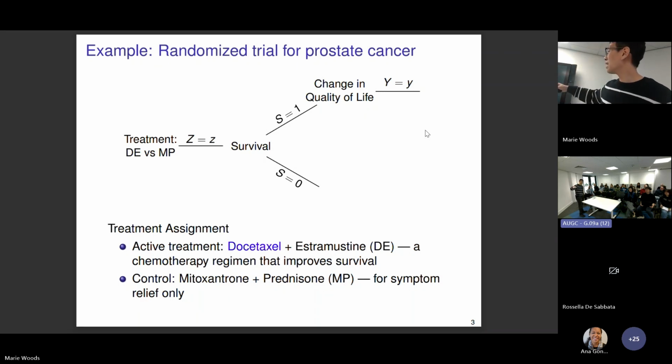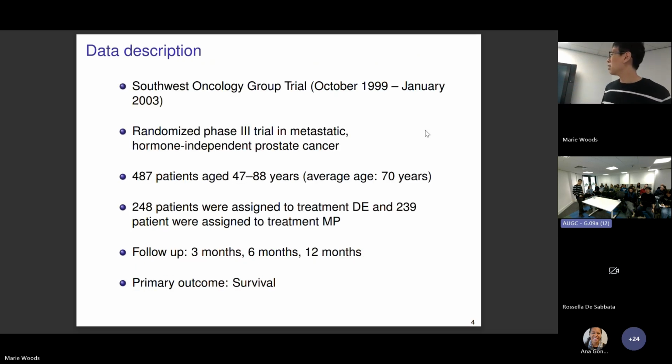So we have these two treatment assignments, and this is a randomized controlled trial. We're interested in knowing the treatment effect on quality of life for these cancer patients. Of course, we only talk about quality of life for people who are still alive. If someone died, we don't talk about their quality of life. So here, Y, our outcome of interest, is only well defined if they survive, so the survival indicator S equals 1. This is the kind of concept that we're looking at.